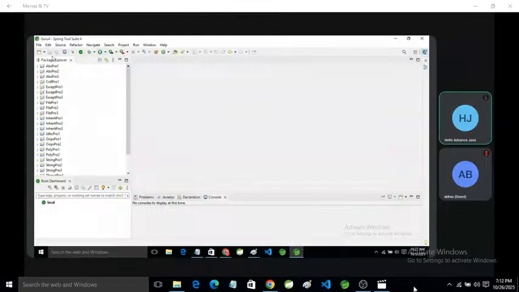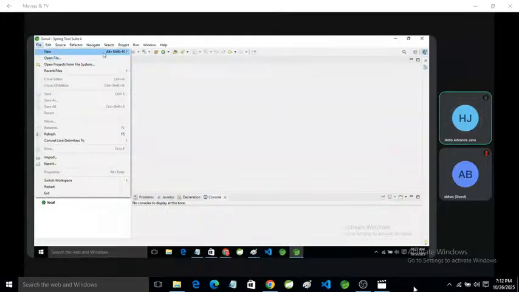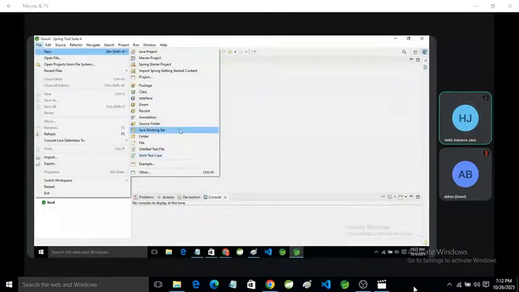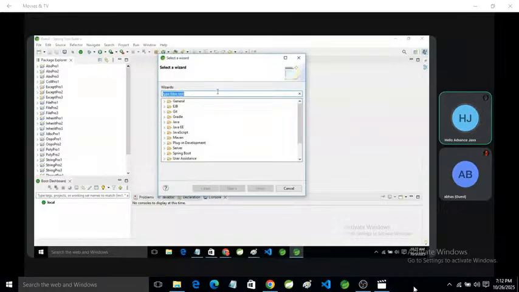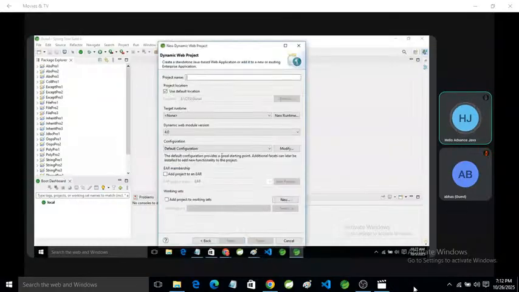After that I go to File, click on Other, and type dynamic web project, then click on Next. Here Servlet Web 1.